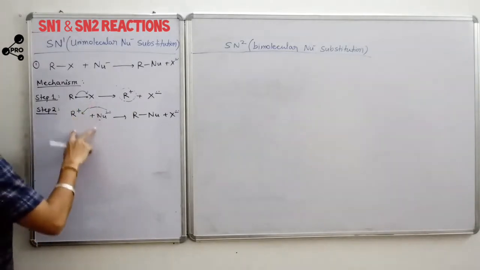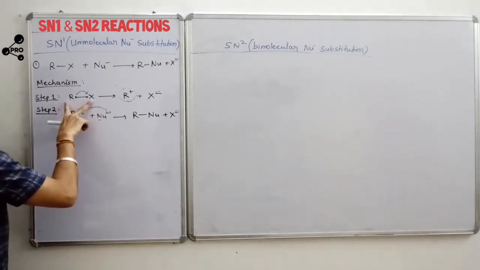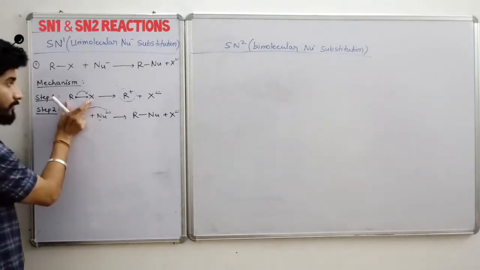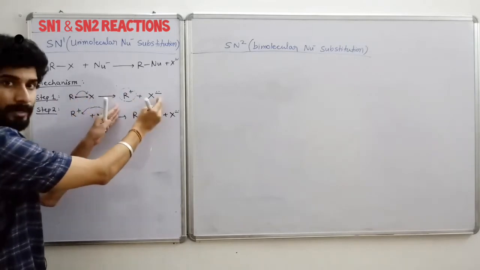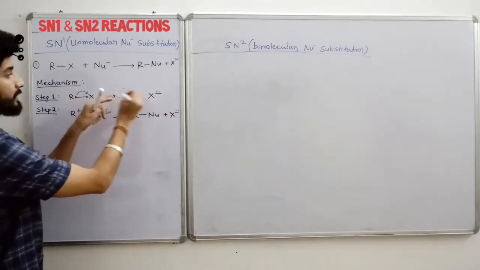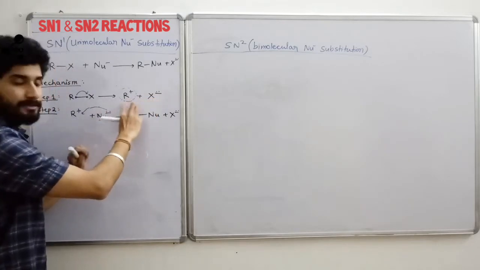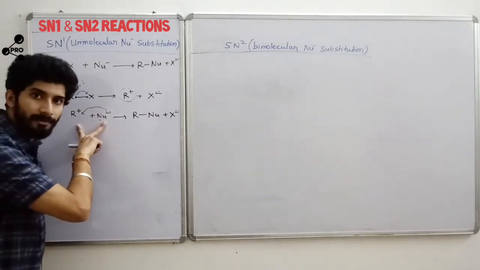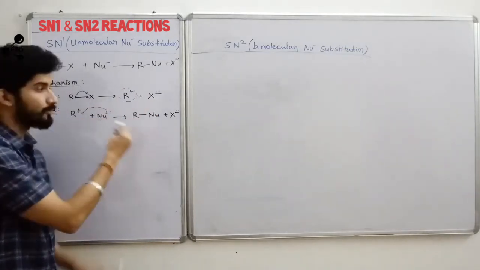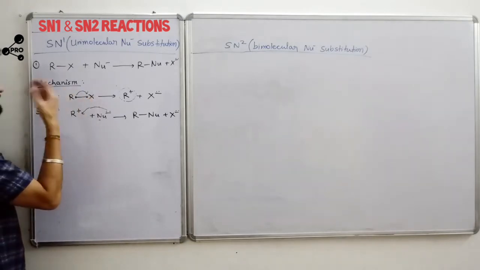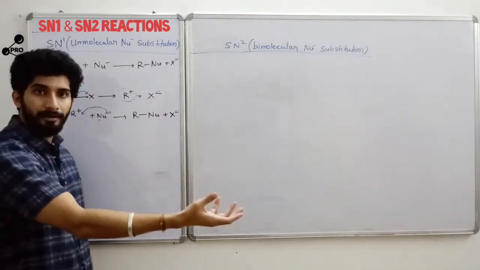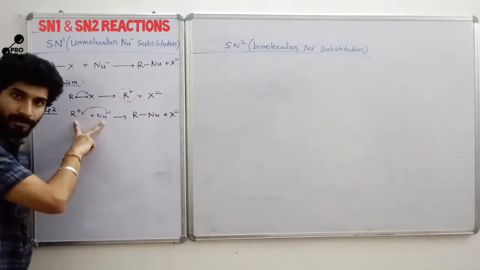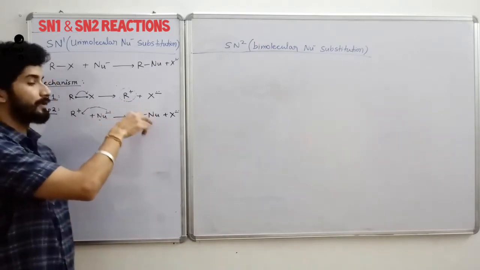If we check these two reactions, in the first step it is the compound, the molecule, which is breaking into two parts. Definitely it is a stable compound which is breaking into unstable ions. Ions are always unstable. But in the second step, these unstable ions are forming a stable compound. Any stable compound does not want to get unstable, but any unstable compounds or ions want to get stabilized.